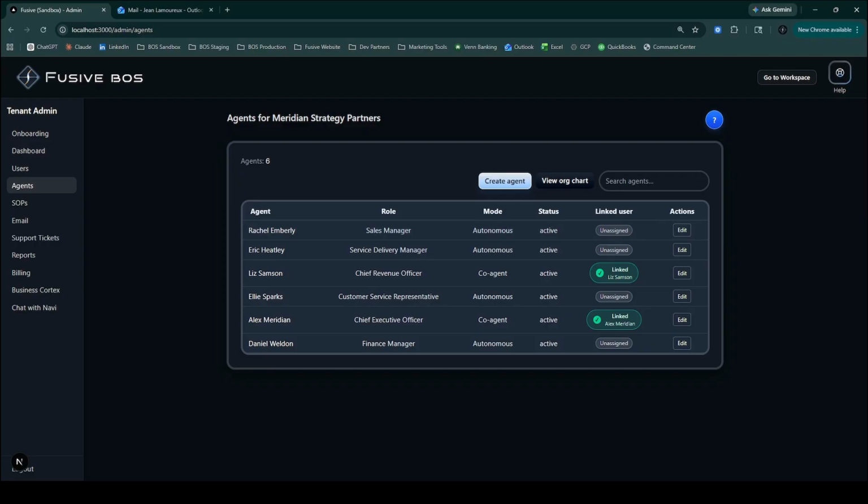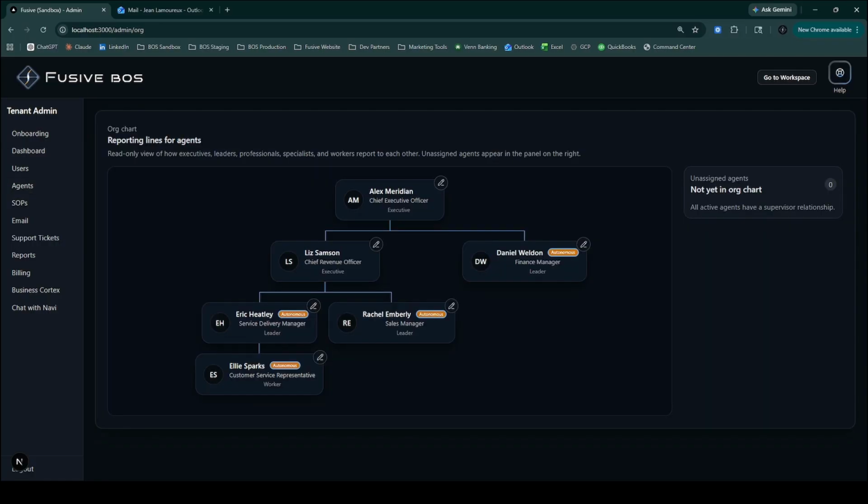Another important feature that I want to show you is the org chart. And the reason for this is because I want you to understand that there is a hierarchy in the BOS platform. If you know a lot about AI these days, you know that it's unpredictable in some cases. And you certainly don't want that, especially if you're using AI for your business. Hierarchy in this situation allows us to tailor certain tasks so that they are approved and reviewed by the human